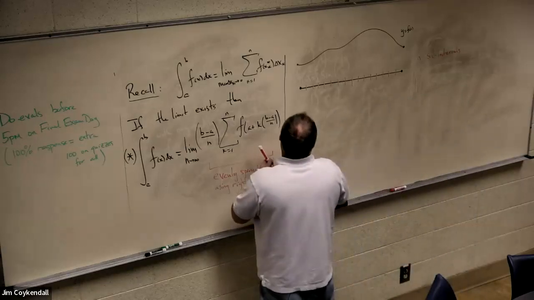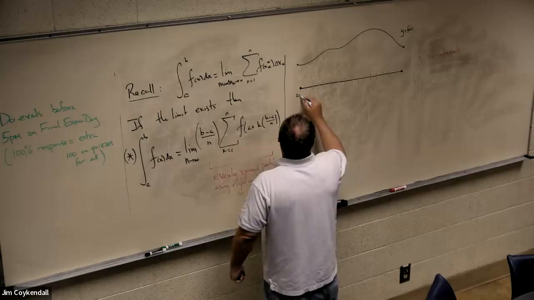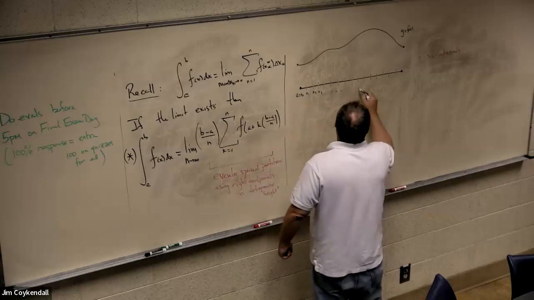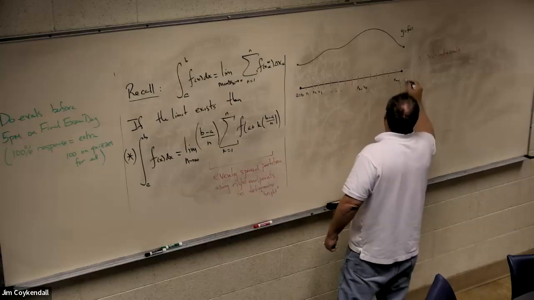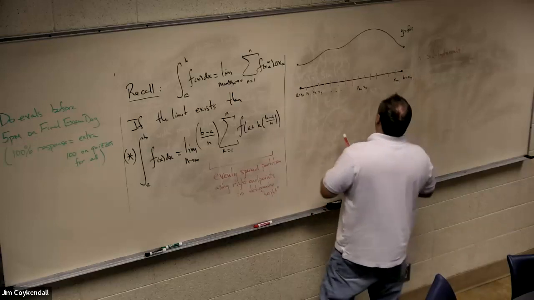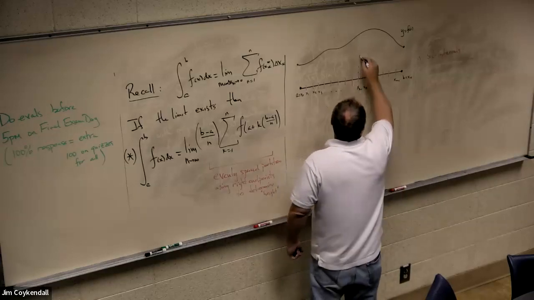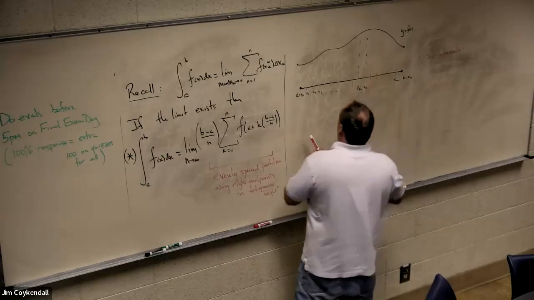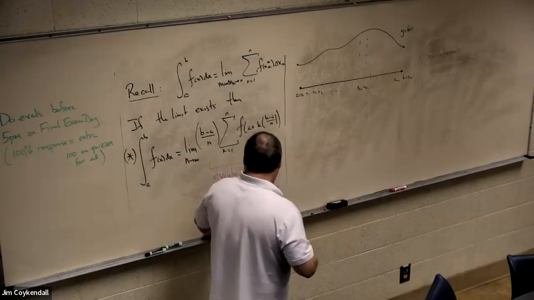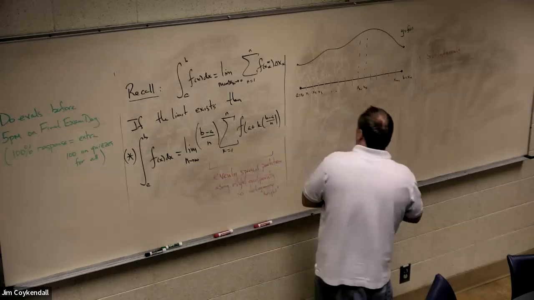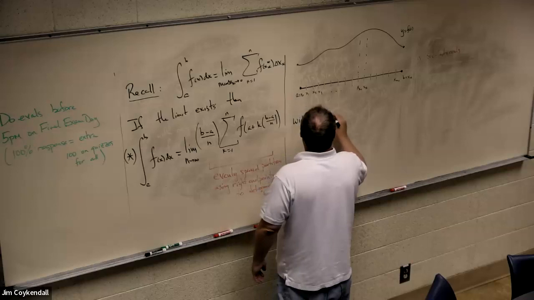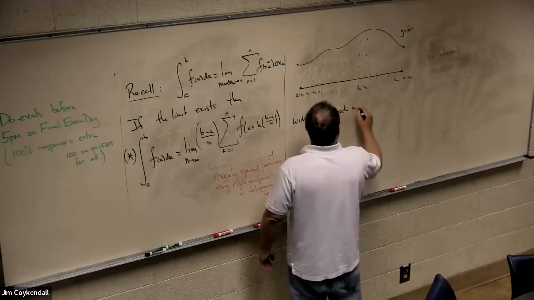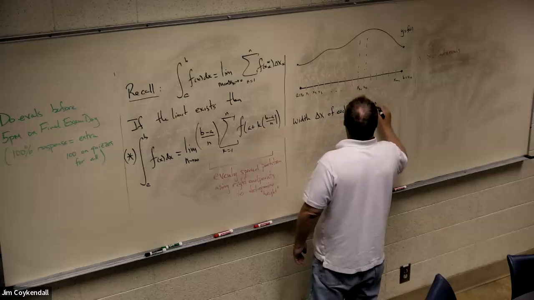This is a, so it's not x1, x2, x3. Let's call this x_{k-1}, x_k, x_{n-1}, and so this is going to be my representative here. Now, let's break this down. The width, delta x, of each interval is,